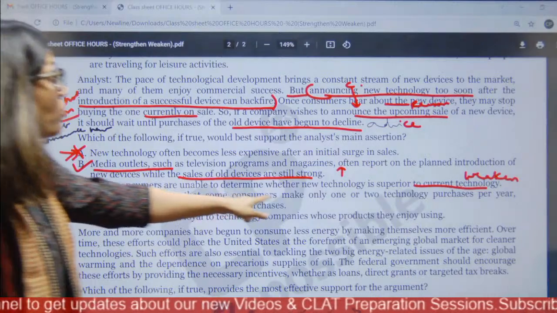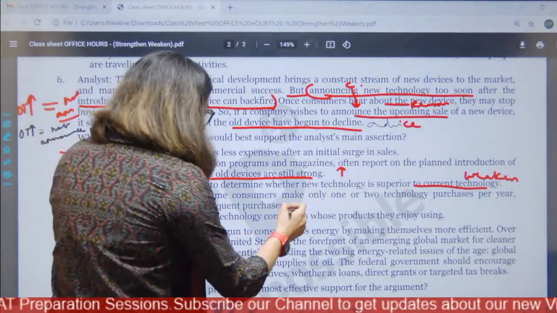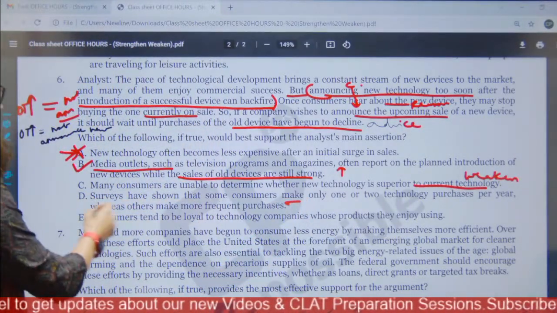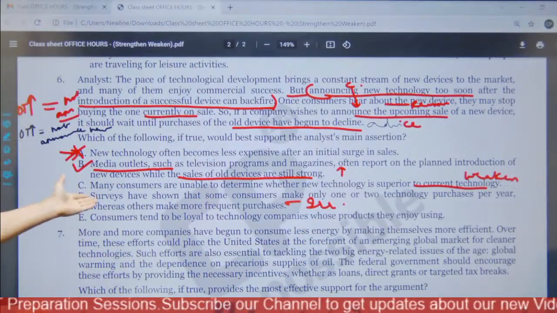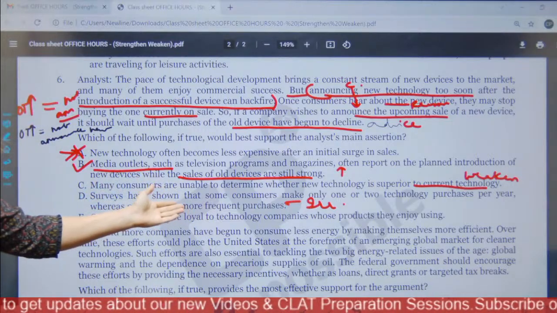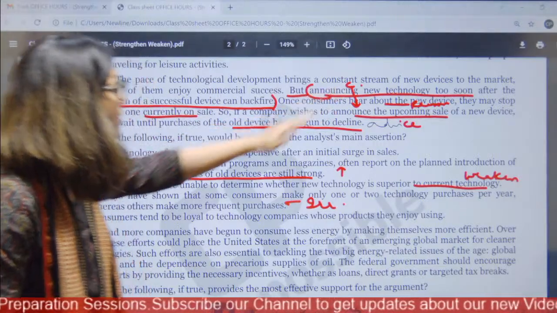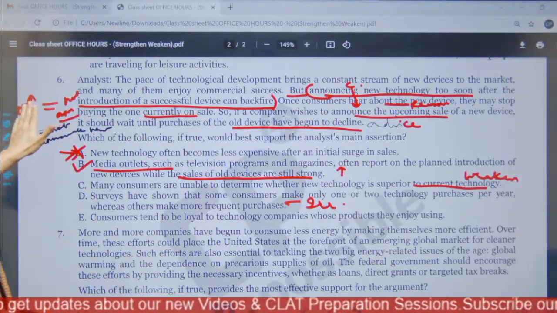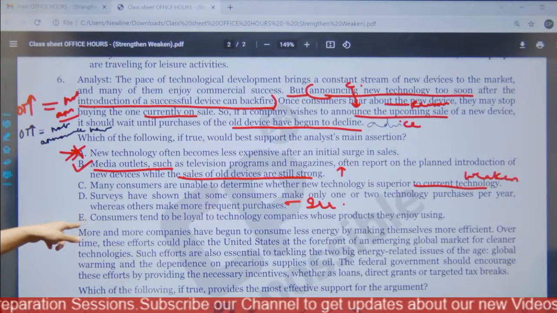Surveys have shown that some consumers buy only 1 or 2 technology purchases per year. Right? Whereas others make more frequent, irrelevant. So this survey is not helping us strengthen this. It is saying 50% are likely to buy, 50% are not likely to buy. We have to showcase, yes, every time you make an announcement, it will spread and old technology will suffer. Right? And